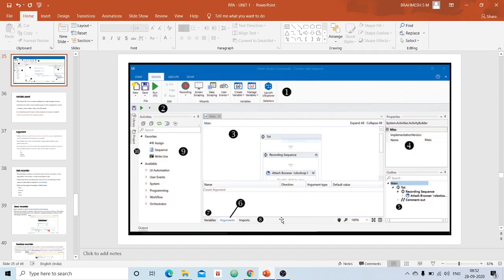Hi one and all. In the previous class, we learned how to download and install UiPath Studio to our local machine. Please keep in mind to use the link which I have sent through the WhatsApp group to download the exe file for UiPath Studio, and make sure your system is connected to the internet while installing it. And we took a simple example to understand the environment provided by UiPath Studio.